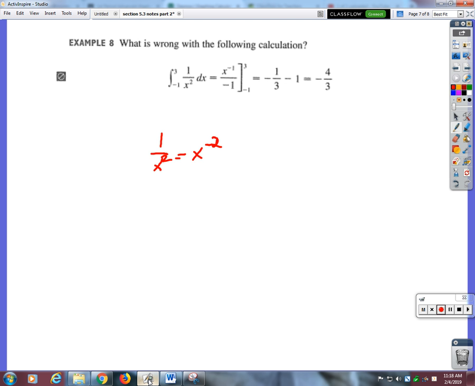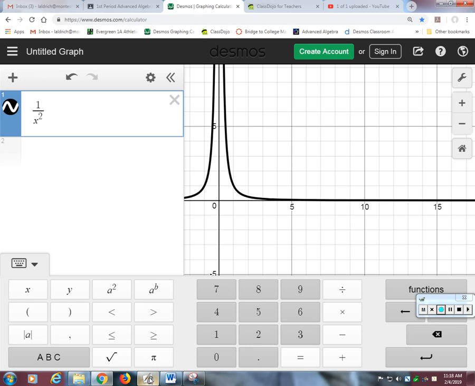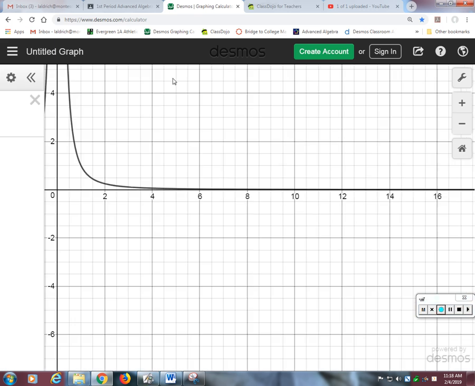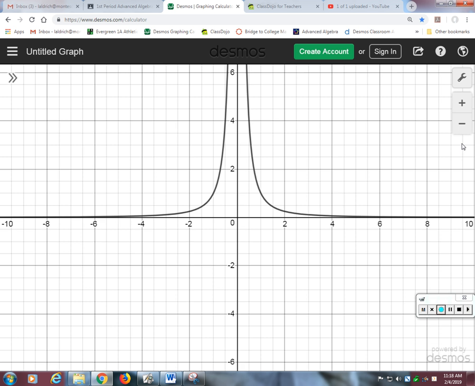If I take the derivative of negative 1 over x, I would put the negative 1 in front and subtract 1 from the exponent. The negative ones would cancel and I'd get x to the negative 2. The answer is that there is an infinite discontinuity in between those two numbers, and so you can't take the integral then, because